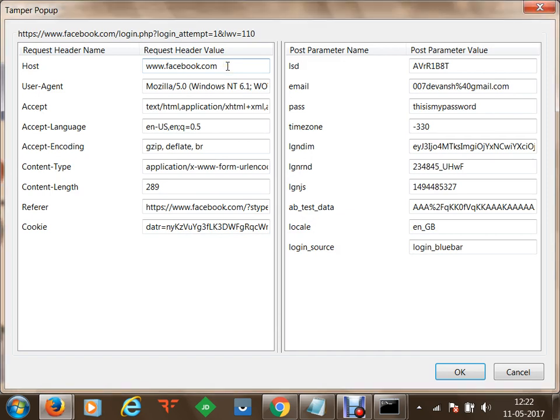You can see that the host was facebook.com, to which I have sent the request. I have sent the request from this user agent. Then the format which I will be accepting is text HTML. Then the acceptable language, encoding, content type, length, and the referer. Facebook has allotted you a unique or random ID so that you can send a request to login.php. In case you want to modify it and send that request directly from some other referrer, or you don't have a referrer available, then your packet won't be received on Facebook. So Facebook authorizes the correct referring page that is asking to send the packet to login.php.